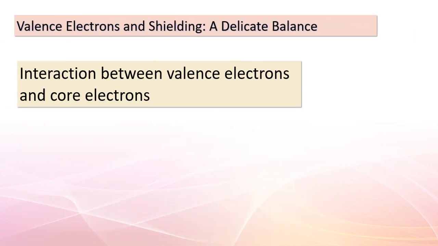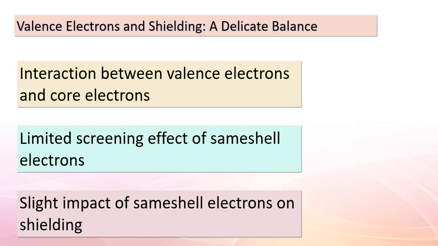Good day, young scholars. Let's take a moment to appreciate the intricate dance that happens within atoms. Valence electrons, those lively participants in chemical reactions, are surrounded by their core electron companions. Core electrons act as the guardians, protecting the valence electrons from the full force of the nucleus. While valence electrons in the same shell don't shield each other significantly, they do play a minor role in our